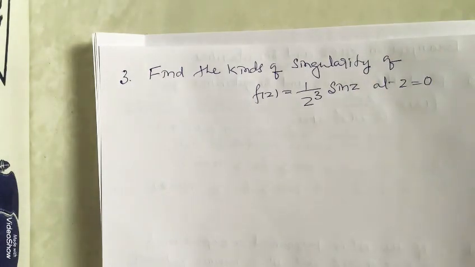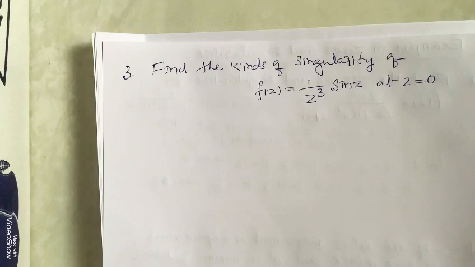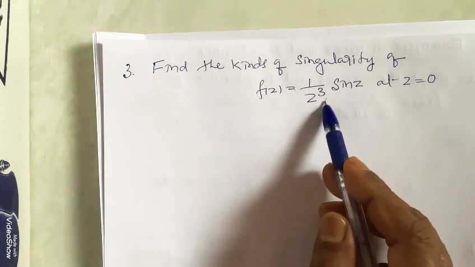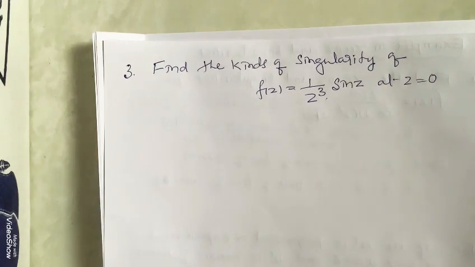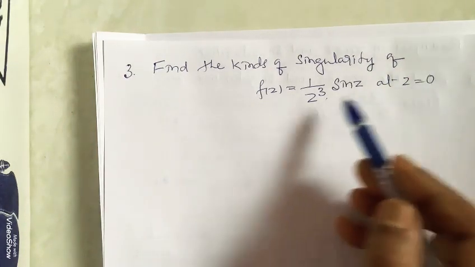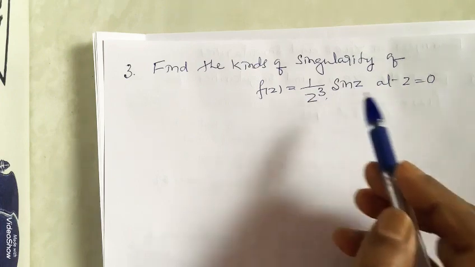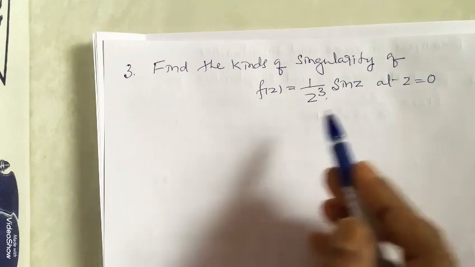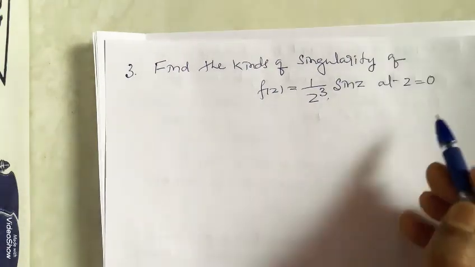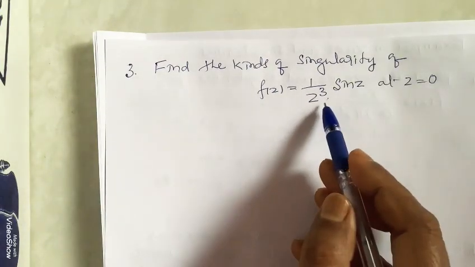As I told already, sin z divided by z cube, and tan z divided by z cube, is an exceptional case. I told already that if the numerator is sin z or cos z and the denominator is in the form of linear factors, then for this example, don't write it is a pole of order 3. You are getting z = 0 is a pole, but it is not of order 3. It is of order 2. It is only in the case of sine and tan. Therefore now you have to find what type of singularity z = 0 is here.